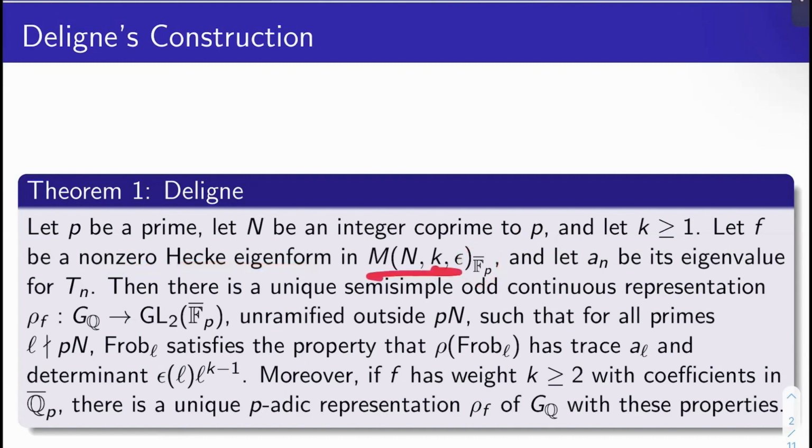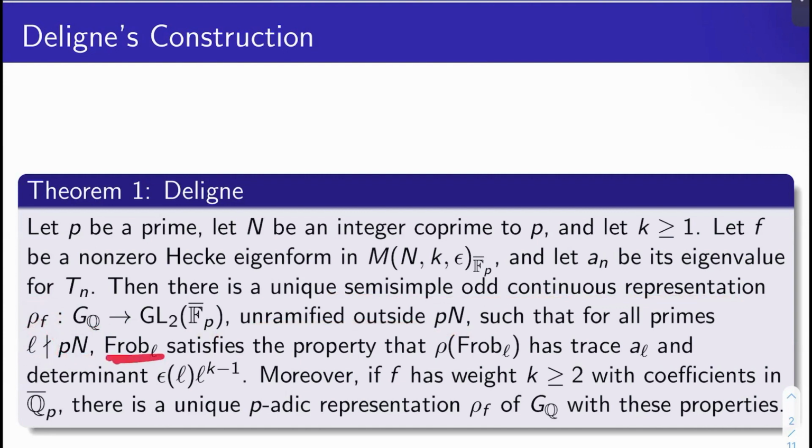So this is where we're using some of the technical stuff. It's lurking in the background. We'll let a_n be its eigenvalue for the nth Hecke operator T_n. The theorem is that there's a unique semi-simple odd continuous representation, which we'll call rho_f, from G_Q to GL_2 of F_p bar, which is unramified outside p and N, such that for all primes l that don't divide